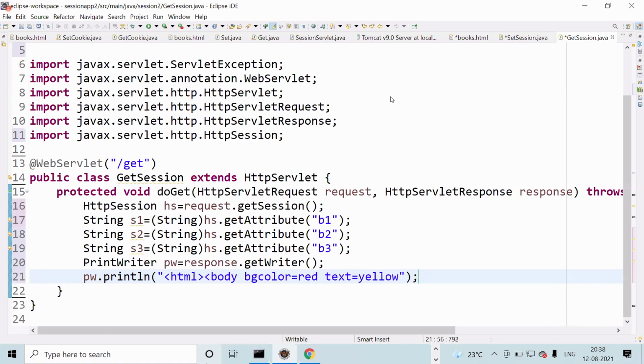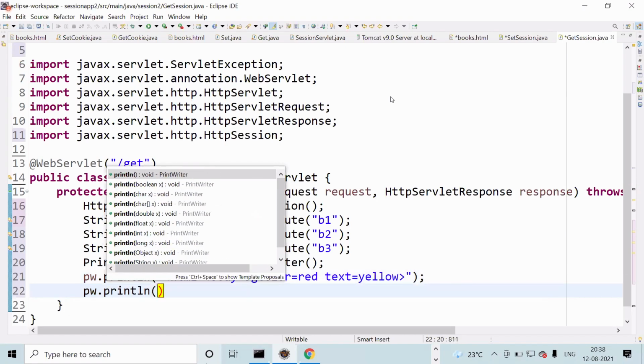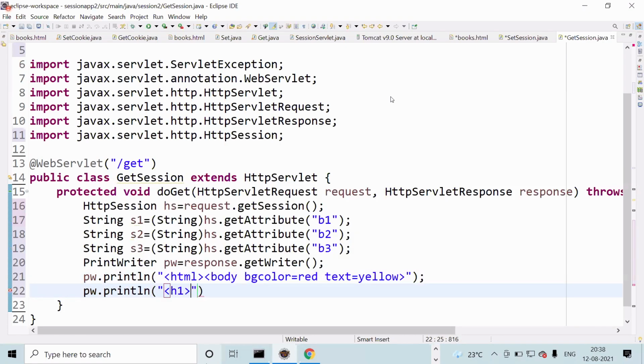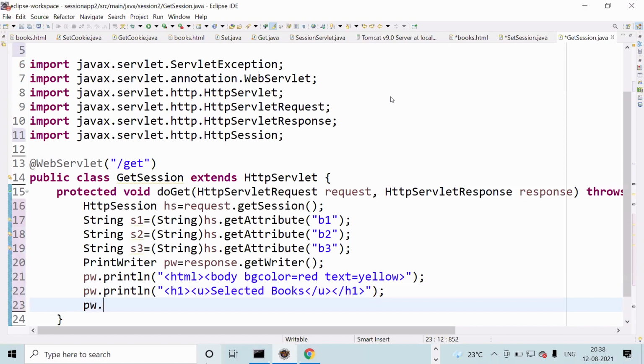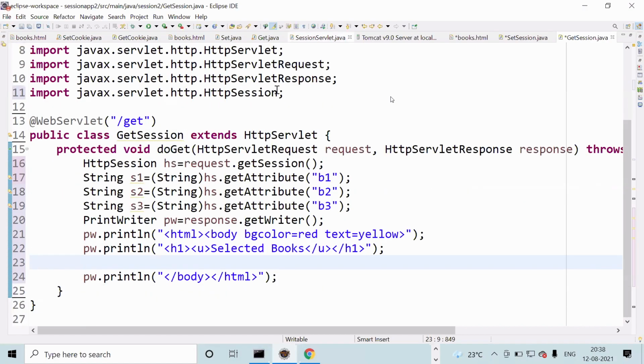This is HTML code. pw.println h1 underline text, selected books. Now after this, closing: html close, body close, html close. After this, in between we have to display.